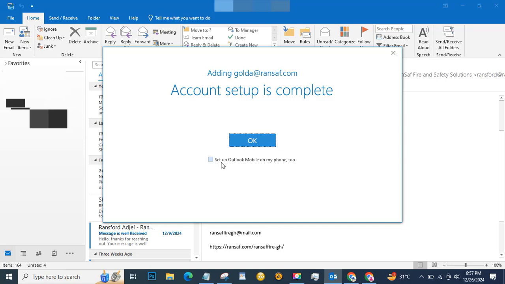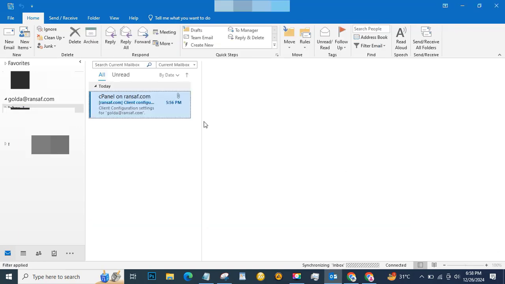Now you see that it's saying set up Outlook mobile on my phone too. In this case, you can also set up your account on your phone, meaning there's no need for you to carry your PC along. You can just take your phone and respond to messages right from your phone. It's pretty easy and simple. In case you want to find out how to do that, I have a complete video on how you can set up Outlook on your phone using your professional business email account. And I also talk about how you can set the signature on your phone. So that is our inbox,